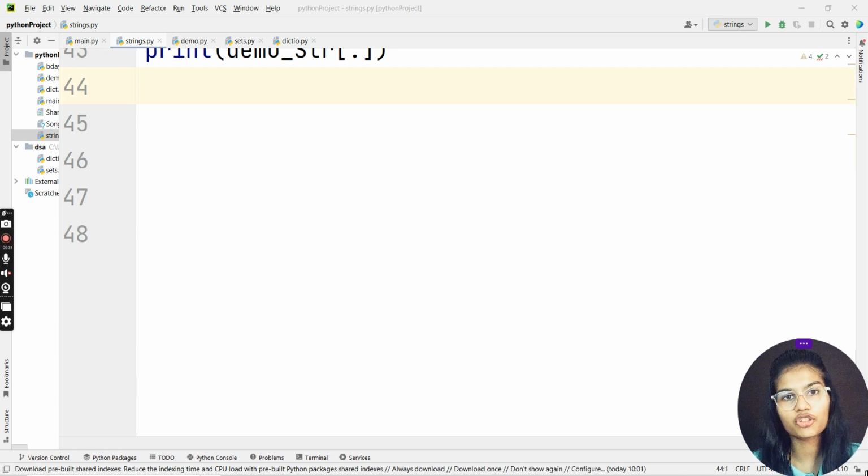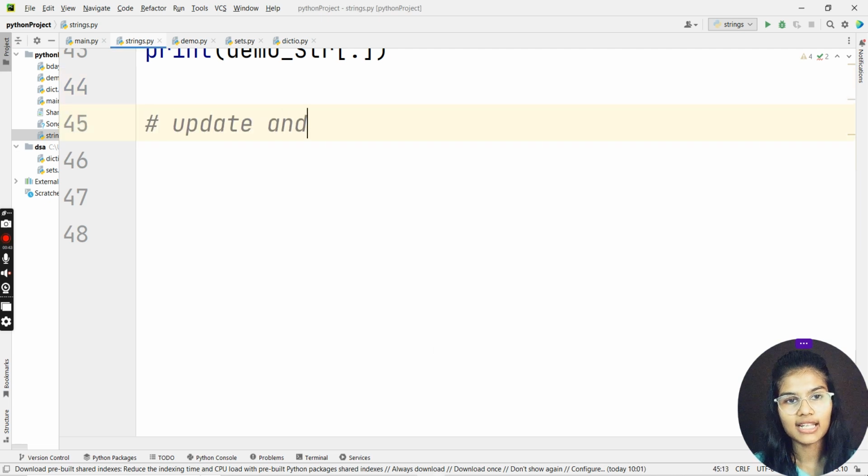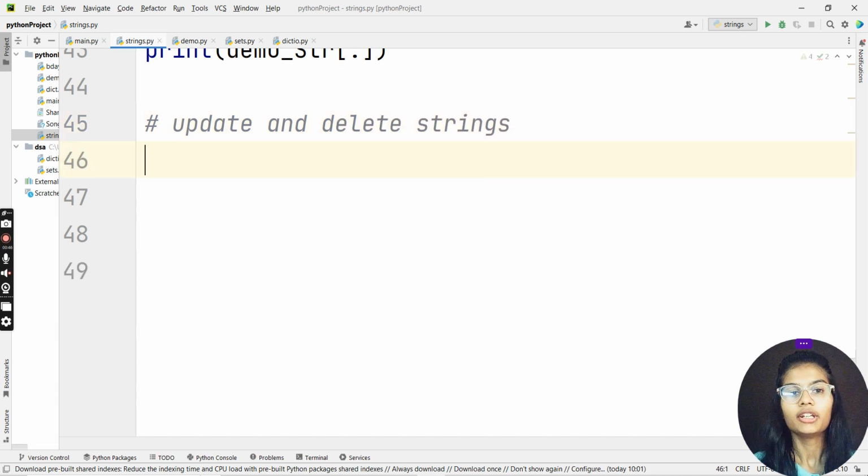First of all, I'll take you towards the update part because that's a little simpler than the deleting one. So I'll put in the topic over here: update and delete string. Fine. So, if we're talking about updating and deleting your strings,